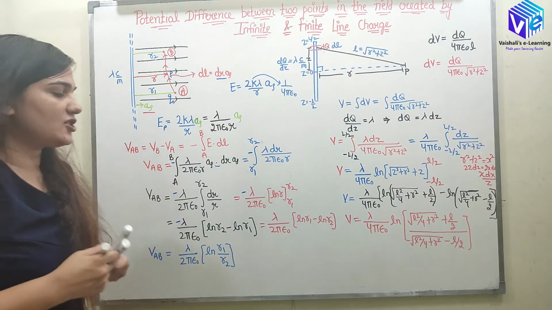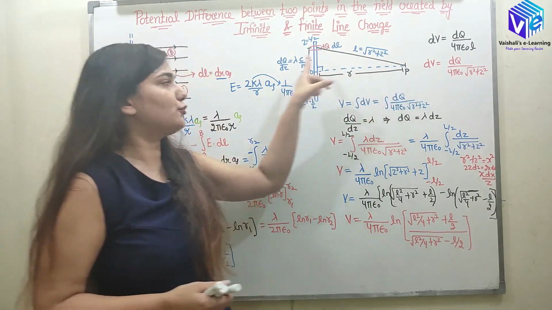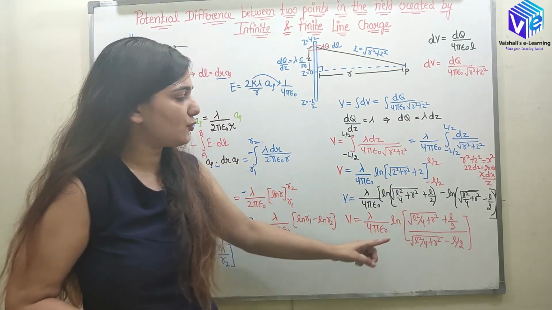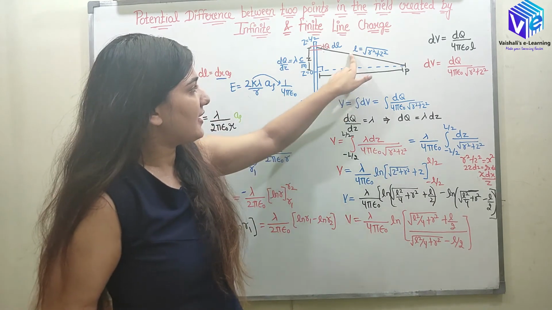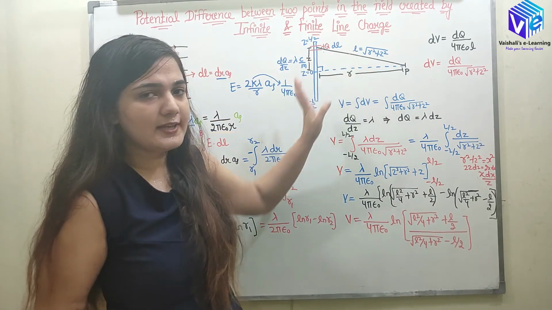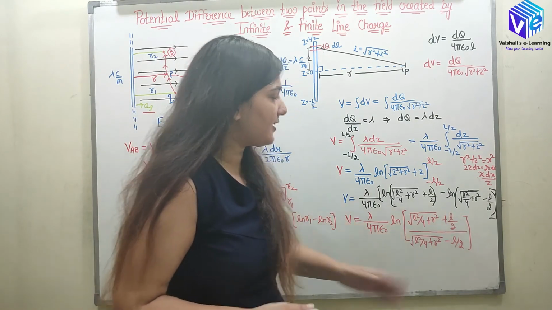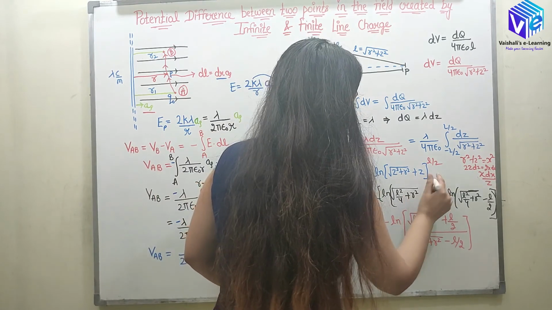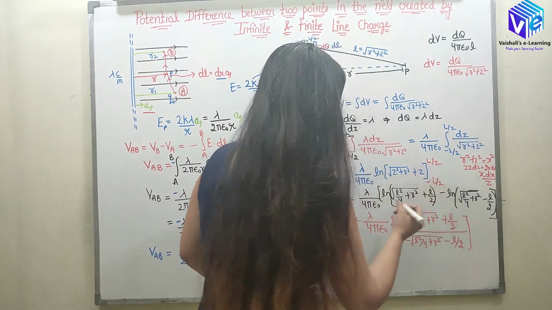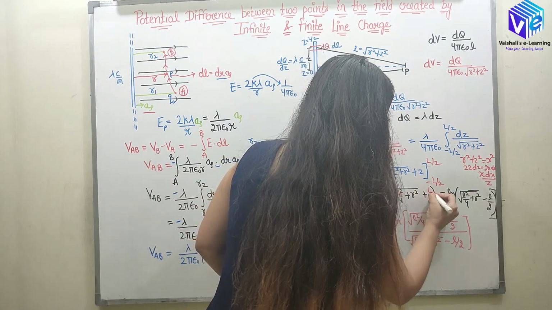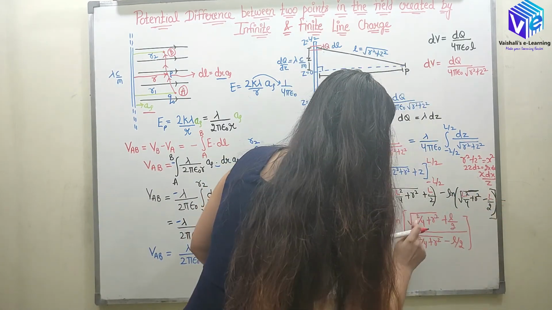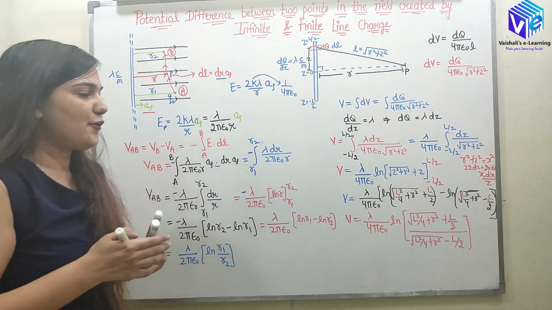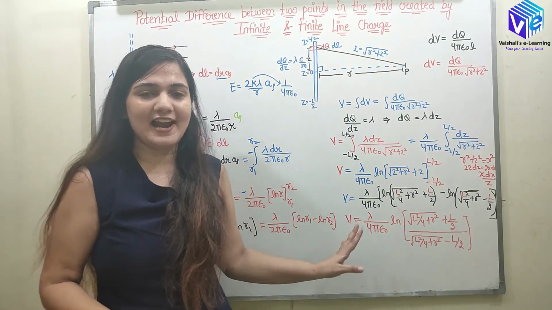So this is my potential at this point P due to this finite line charge distribution of length L. Okay, so here I hope you understood what is this L. This L is different, this L is different. I have taken this also to be L. So don't get confused, this L is the length. So let's take it to be capital L. So now here I will be changing all of the L's. Okay, so I hope now you understood what is the potential at the point P.